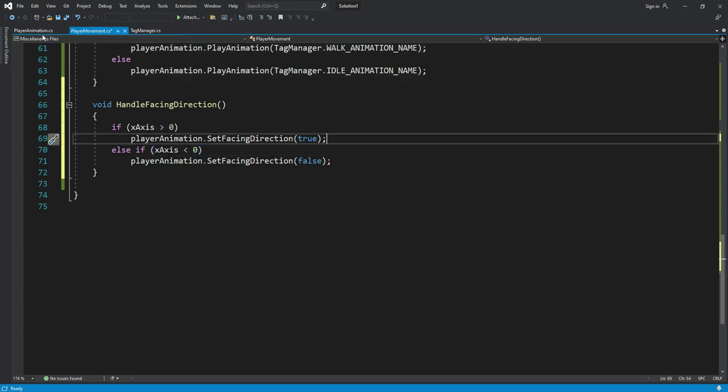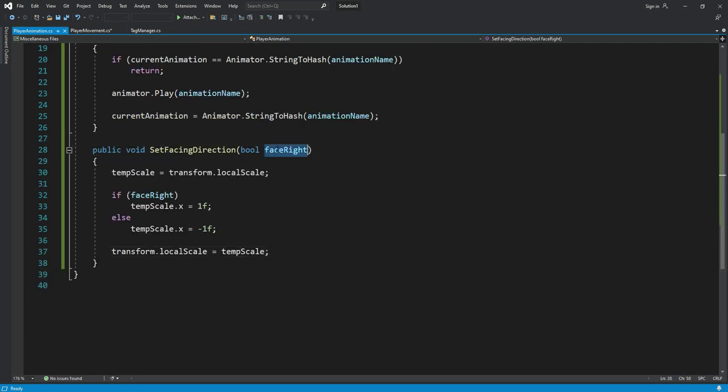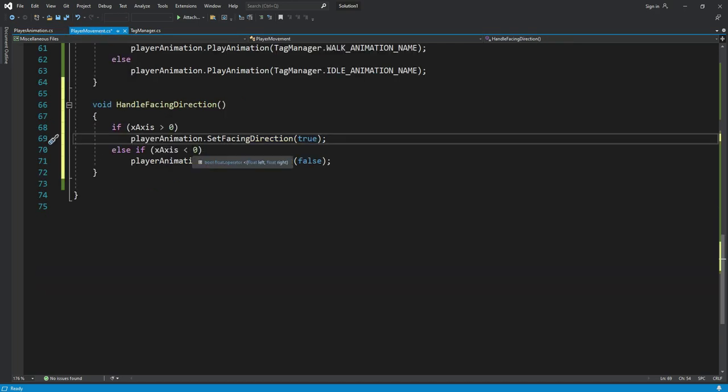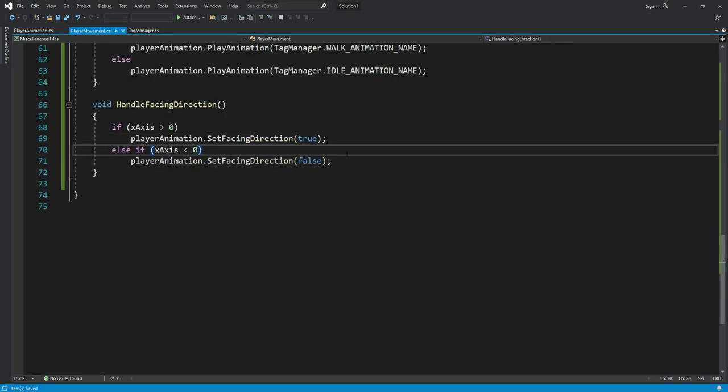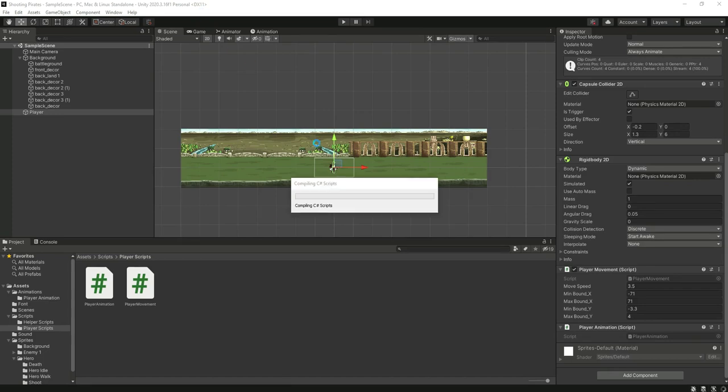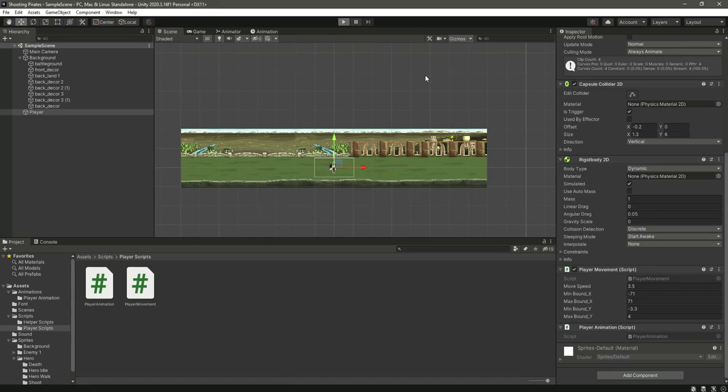And if I show you the player animation, as you can see right here, if the face right is true, then the temp scale.x will be 1f, and if the face right is false, then the temp scale.x will be -1. Now let's just save this, get back to Unity, and now if we play the game,